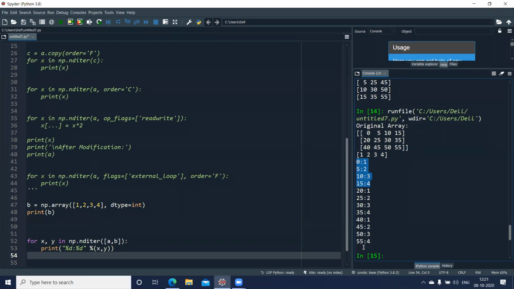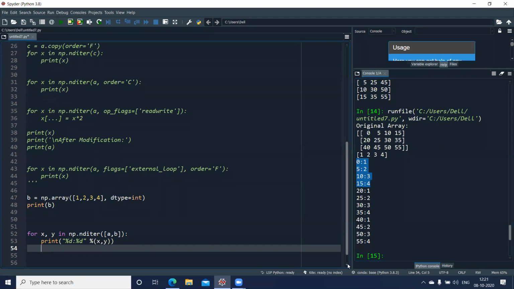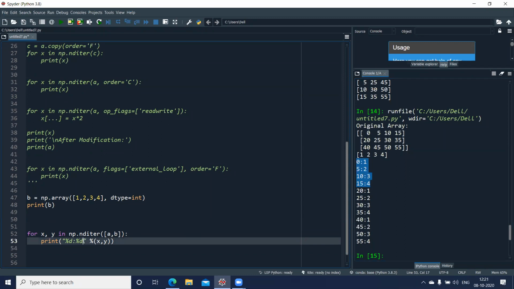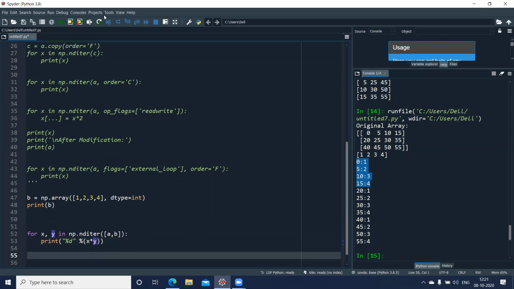This is the concept of broadcasting, and that's why even if I perform some addition or multiplication, this number will be multiplied by this number here, 5 with 2, 10 with 3, and so on. If you want, I can use only a single value and give a multiplication here.